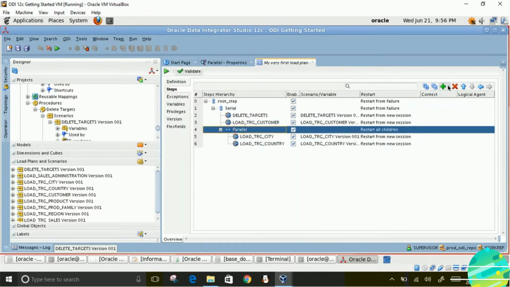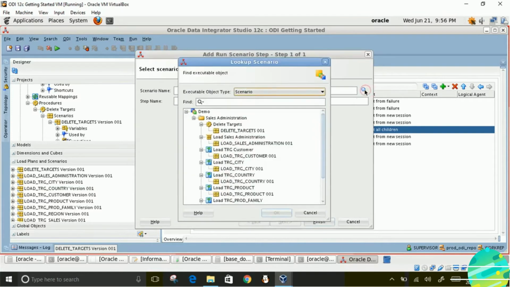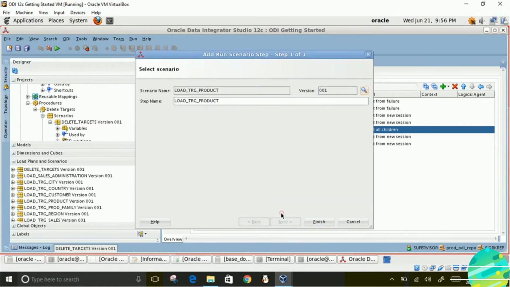All of these can run parallel. Once more, city got populated, countries populated. Next, product family.